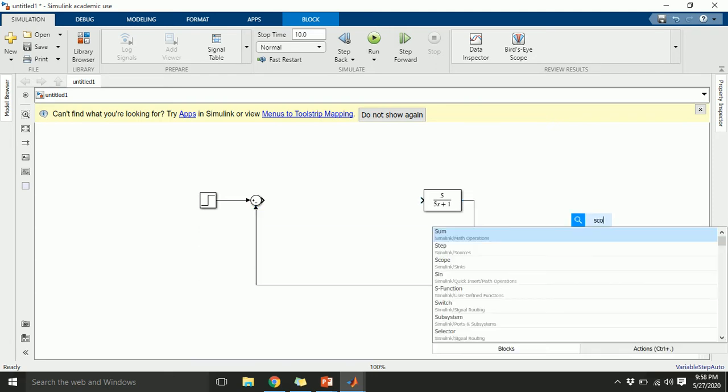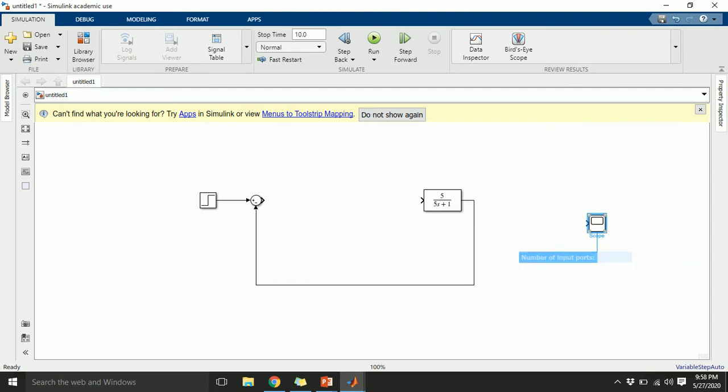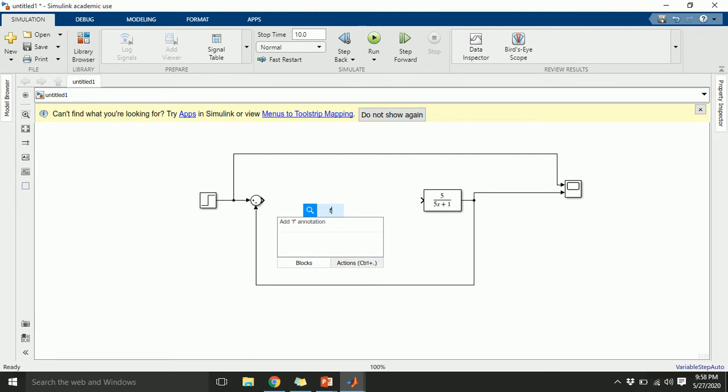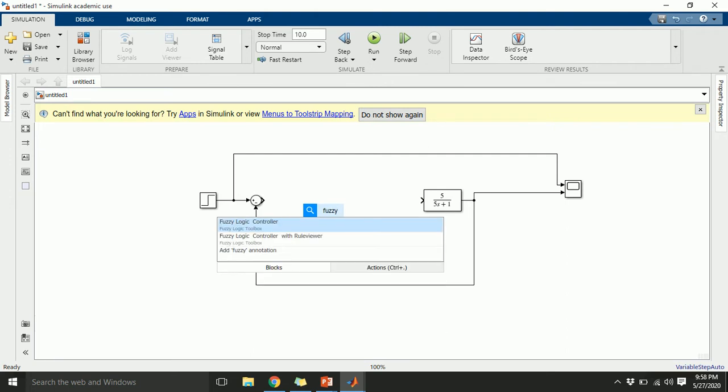I am having a scope now with 2 inputs. Okay, and then I can call fuzzy logic controller here.